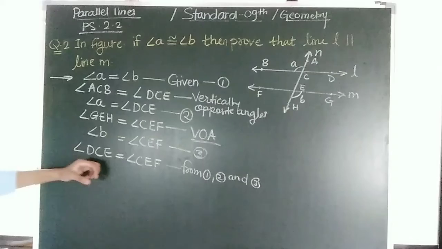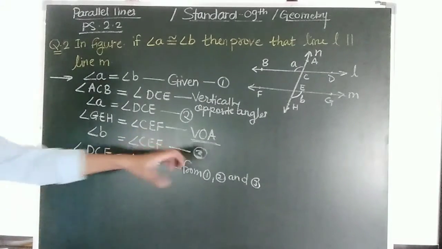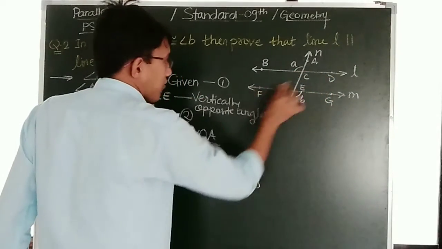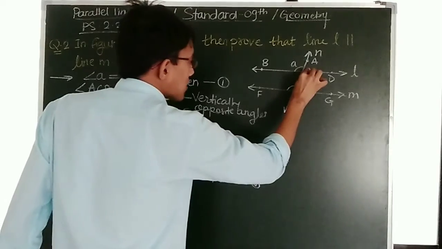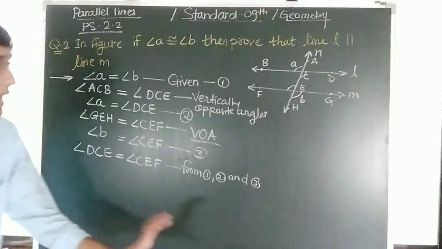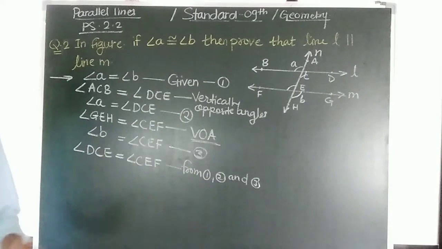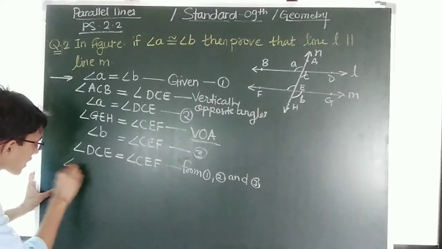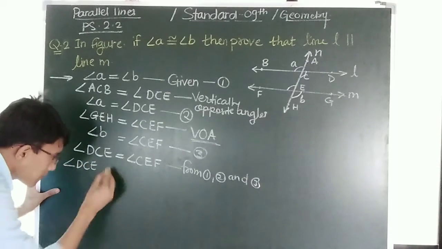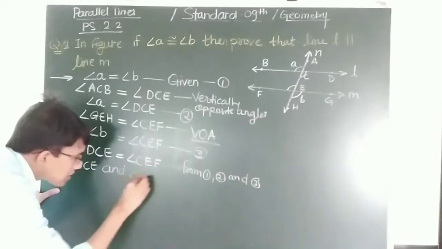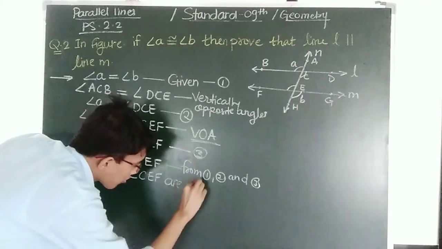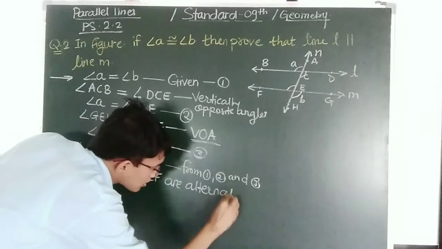Now, as we have got angle BCE and angle CEF equal, just pay attention to the given diagram. BCE and CEF, this particular angle and this angle, both are alternate angles. What type of angles are those? Those are alternate angles. So I can take angle BCE and angle CEF are alternate angles